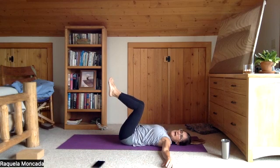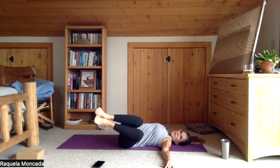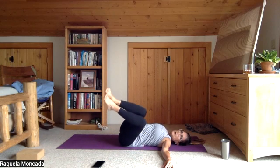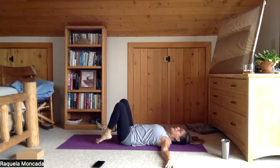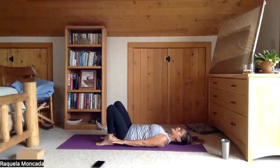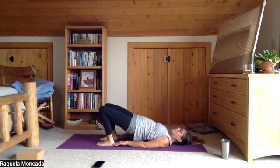Last one, same side. To the left. Exhale. 1, 2, 3, 4, 5. Engage back to center. 1, 2, 3, 4, 5. Lower the feet back again towards the mat, wide as your hips, hands down by your side, going to bridge pose again. Slowly up into the bridge,